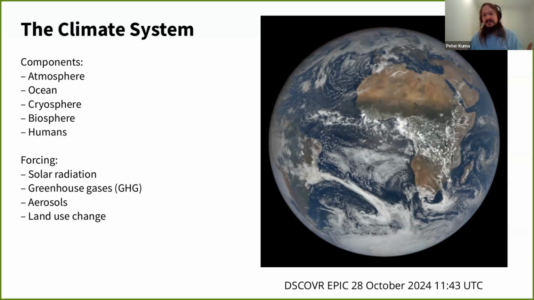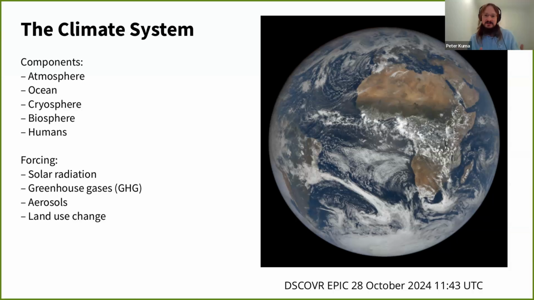So humans obviously affect the climate system due to various reasons, like emitting greenhouse gases or aerosols, changing the reflectivity of the Earth's surface by changing the use of land, turning, for example, a forest into a field, or urbanizing land, and so on. In climate modeling, that could be prescribed from the outside, so we don't really include it in a climate model, or it could be integrated, so we can try to predict how humans would behave in the future. But that's not as commonly done as the prescribed method.